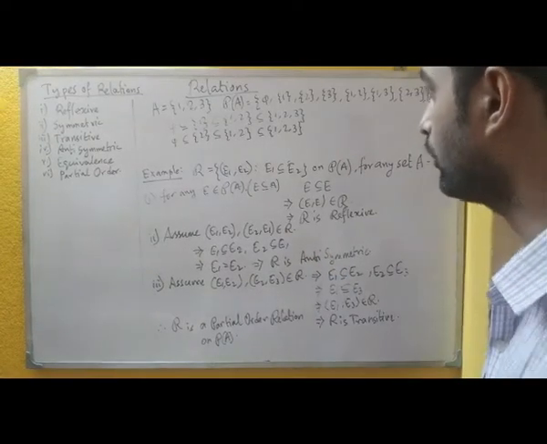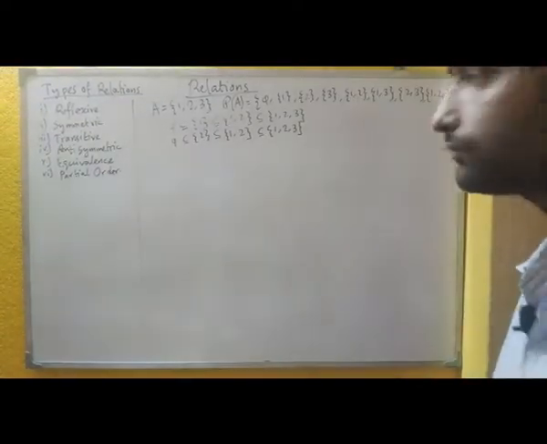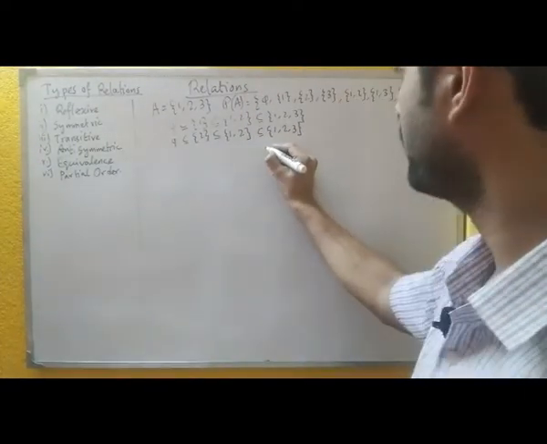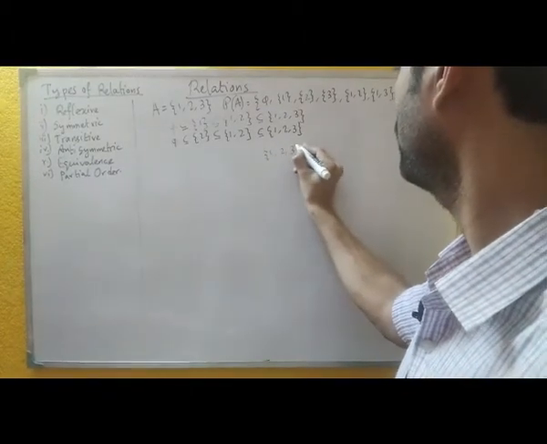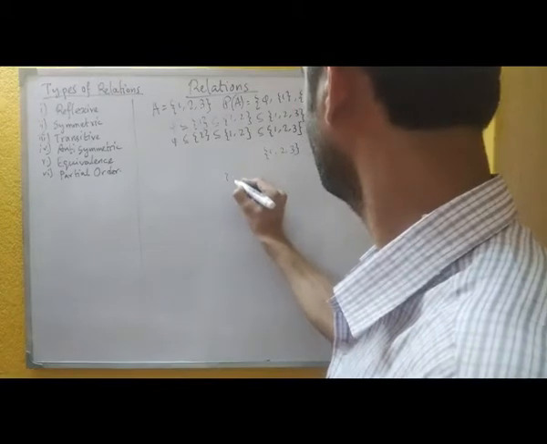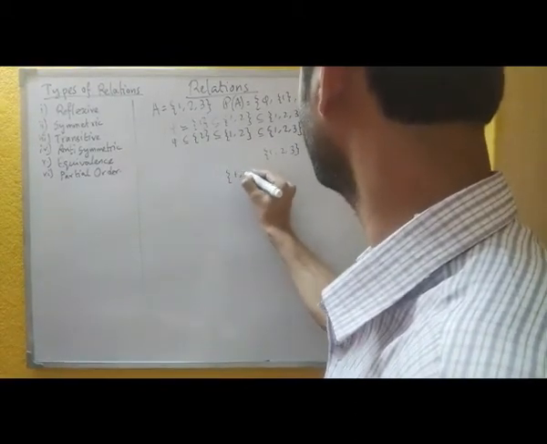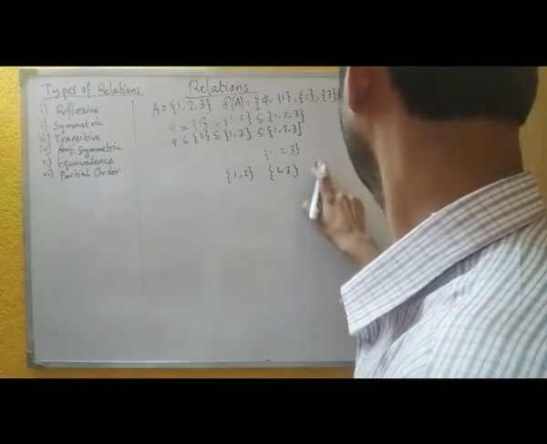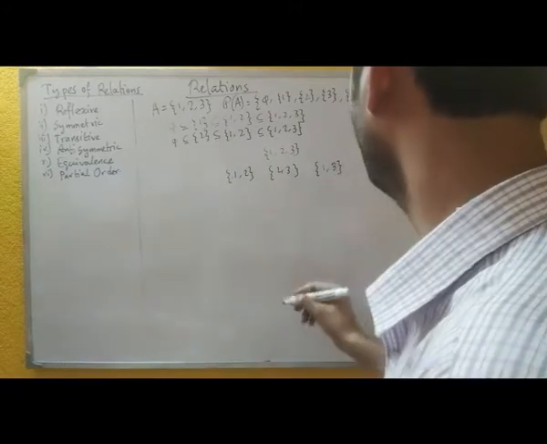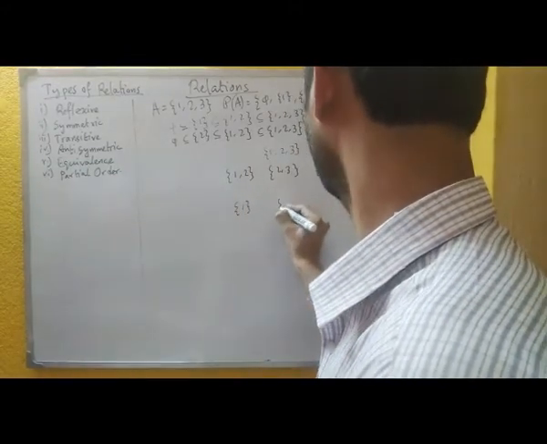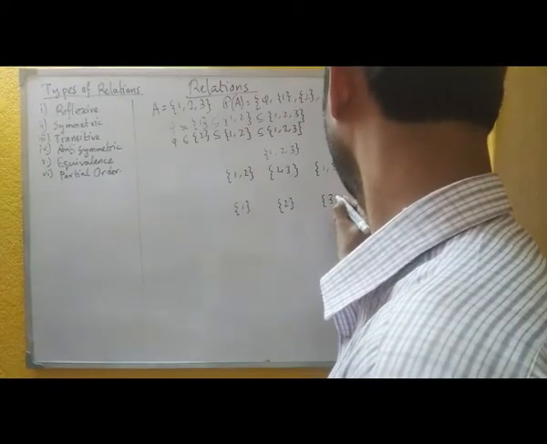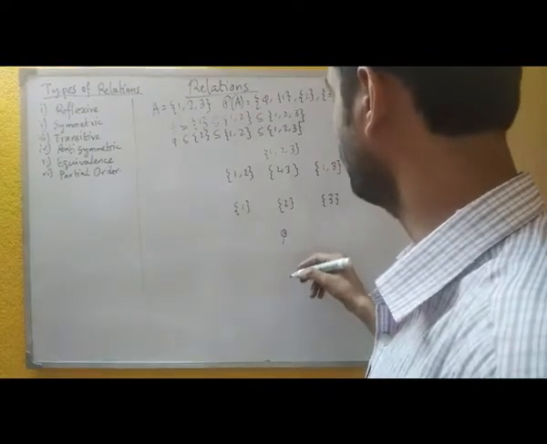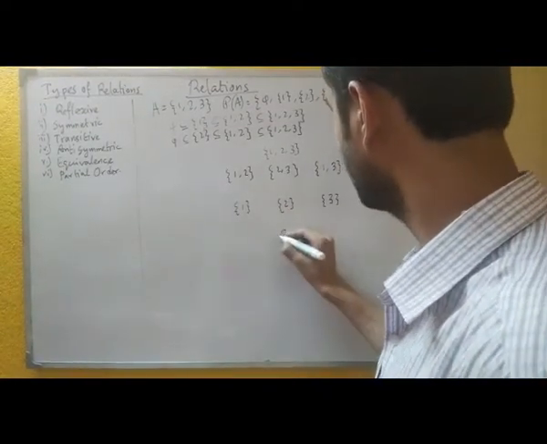So let us show all the orderings in one diagram. We write the largest element at the top, then the second largest elements in the second row, the third largest elements in the third row, and the smallest one at the bottom. Then we will see in which ways we can order them.